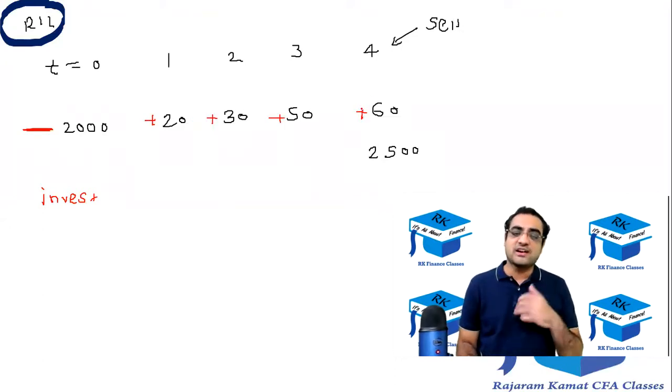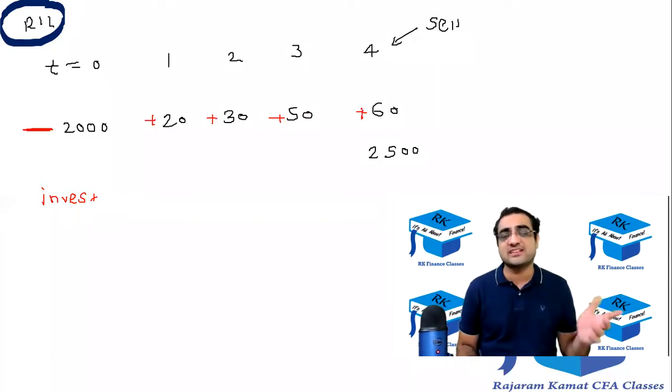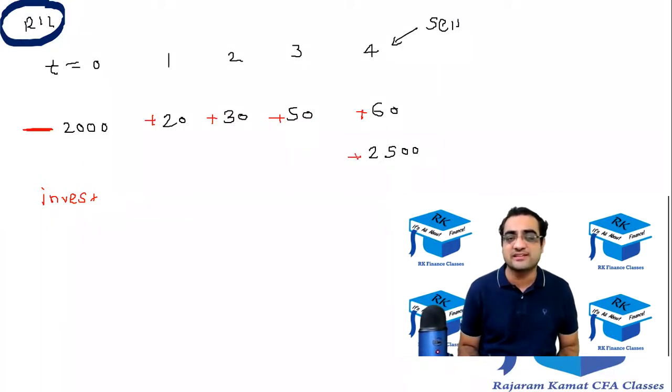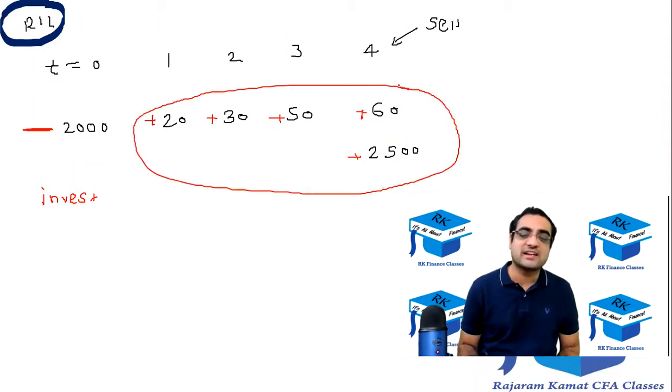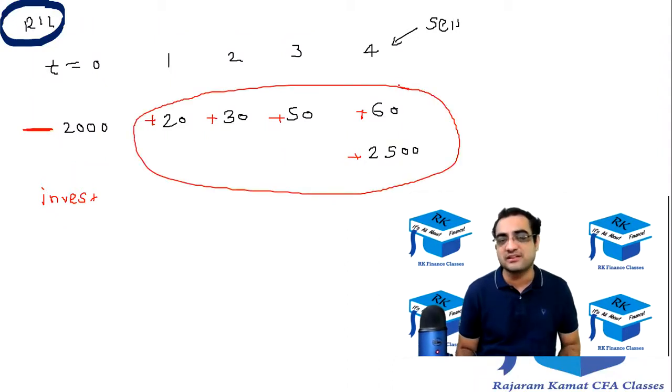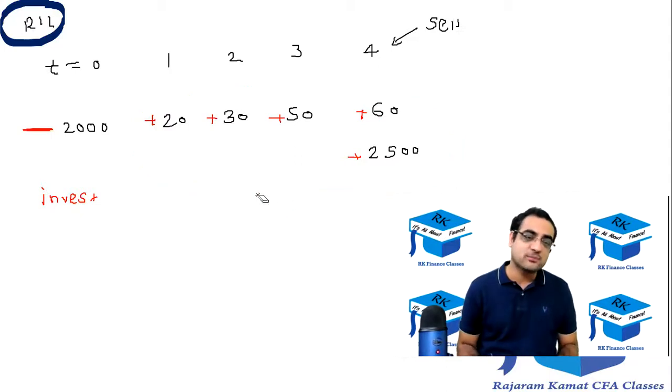And then in the 4th year, you will be receiving 2,500. By selling the stock, you will be receiving 2,500. So again, this will be plus. So ये सब पैसा मिलने वाला है, इसके लिए plus dividend, and बाद में selling के बाद you will receive money. So all these are plus. And year 0 pay, because you're going to invest, that's a minus.